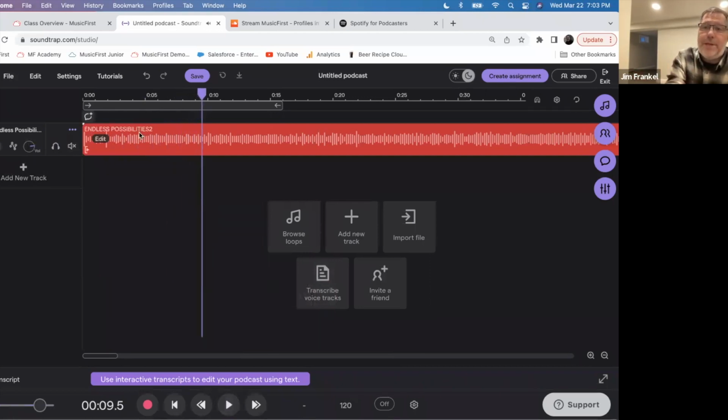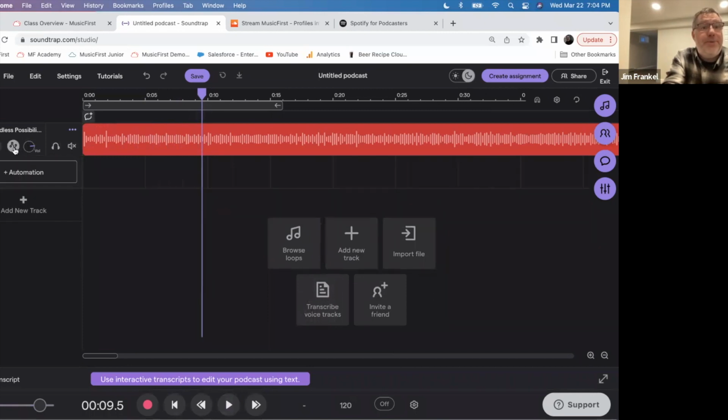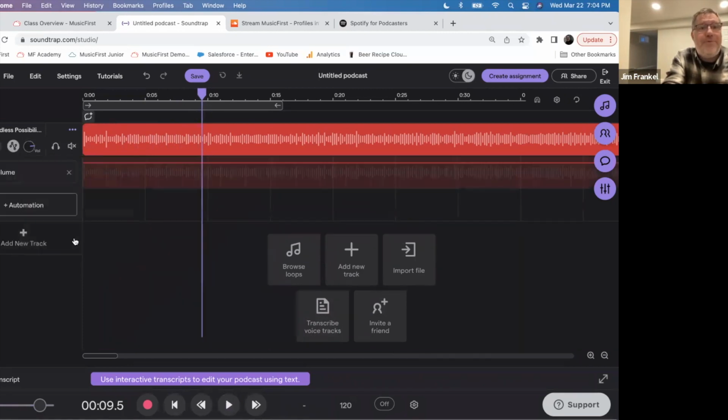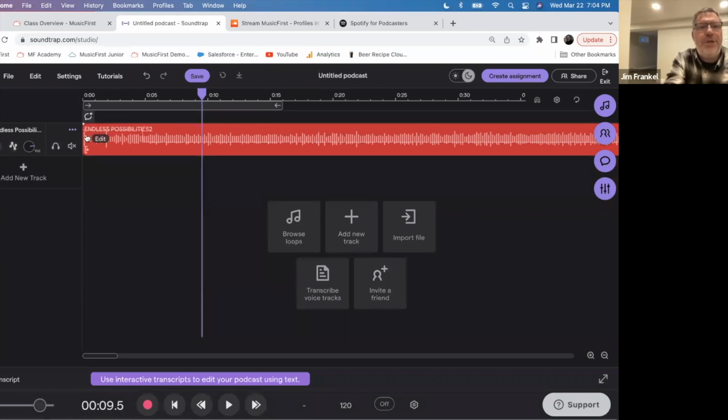And if you remember last week, when my intro starts, I need the volume of that intro to come down. So I'm going to open up my automation button, click automation and volume. And right here at 5 seconds is where my intro is going to come in. So right there, I'm taking the volume to about half the volume. Then I'm going to close that automation because I can actually see it in the theme song.